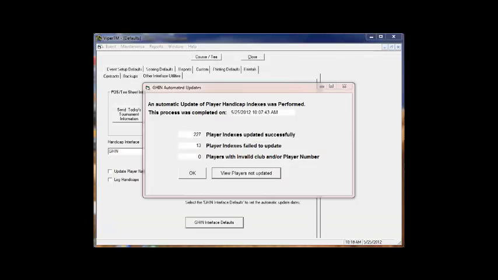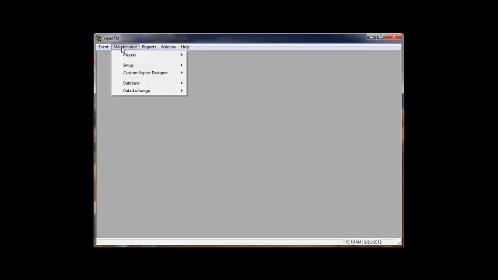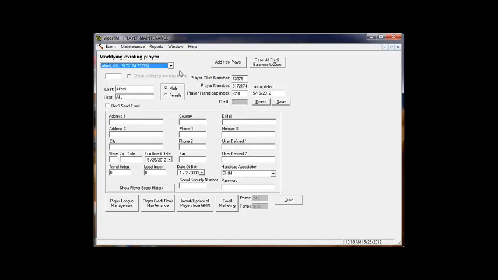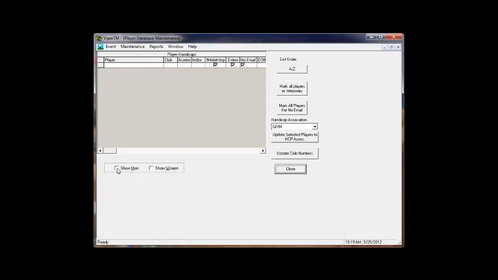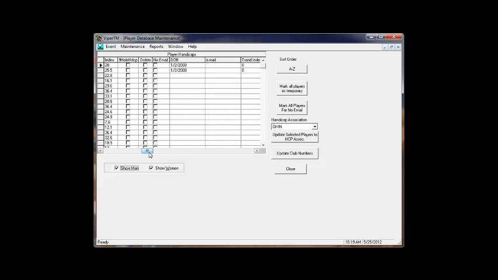Once the updater has completed, you can close this form, close the defaults form, and from the Player Maintenance, Player Database Maintenance screen, you can actually see all of the players that have been imported from GHIN and see their current handicap information. You can also review the players in a list form from the Maintenance Players Update Player Database Records, and clicking either Show Men or Show Women or Show Both, and you'll see the players in a list